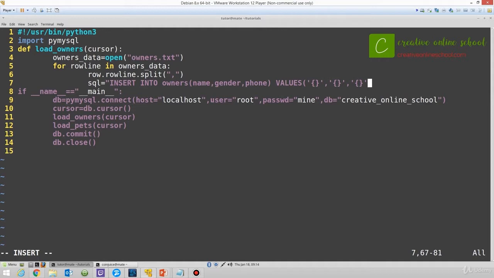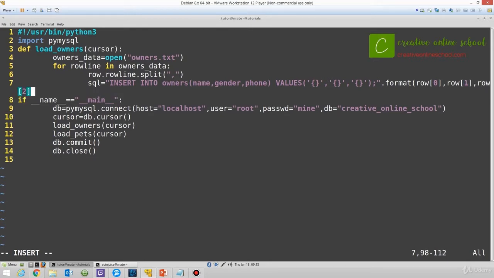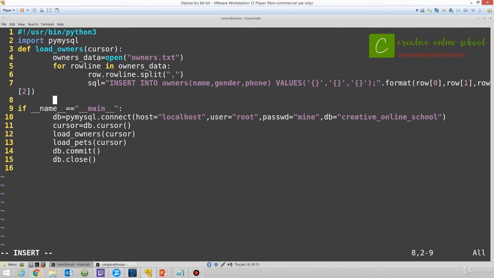And finally, we will close the parentheses and stop our SQL query. And then I just use .format, and I specify what I want to go in between those braces. So for me, I'm just going to index every item in the row. What is important about string format is that these single quotes around the braces tell .format where it needs to insert. So that is extremely important. They need to be single quotes and not double quotes. And then we just do the cursor.execute